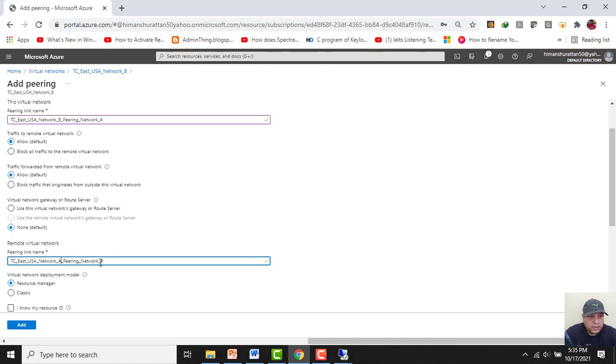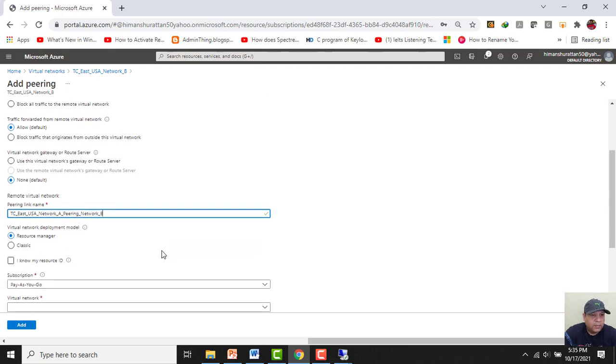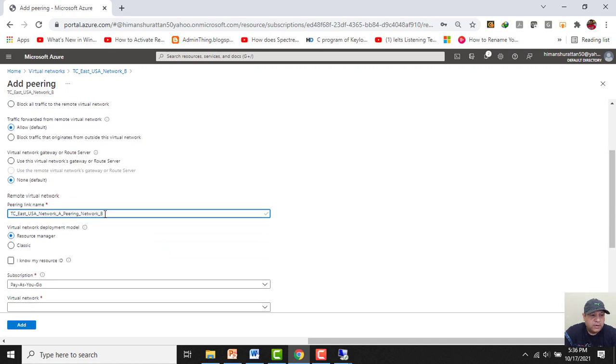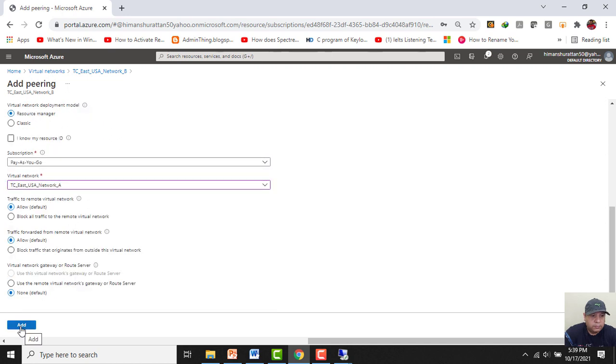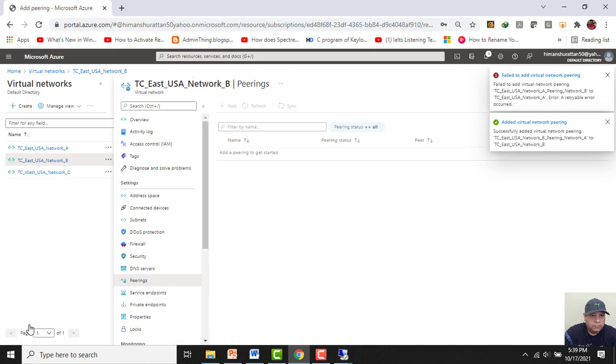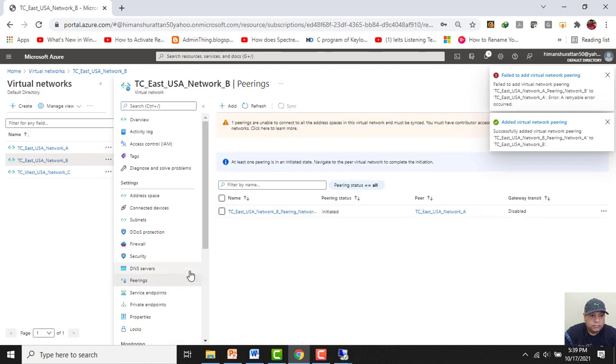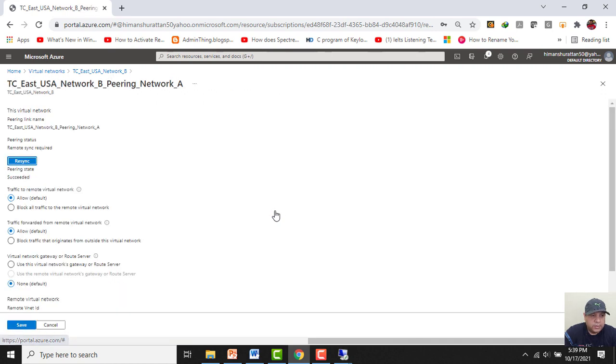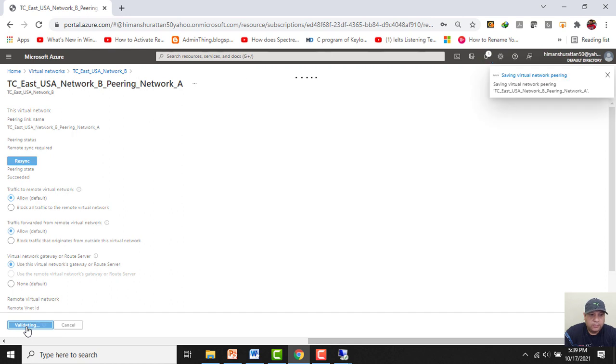This would be for network A. For this, for network B, the remote virtual network will be network B here. Now we will again click on this thing, and we will click here, use the virtual network as a gateway or a route server, and we will click on save.